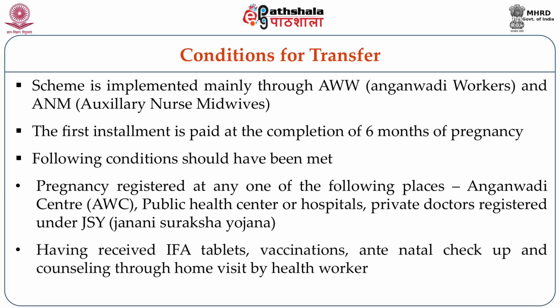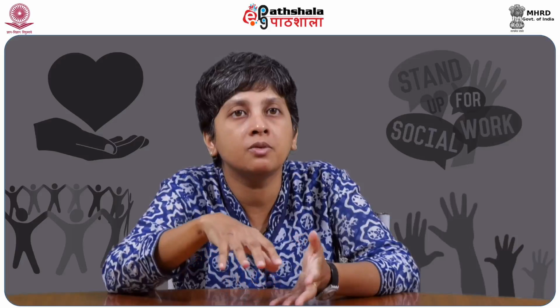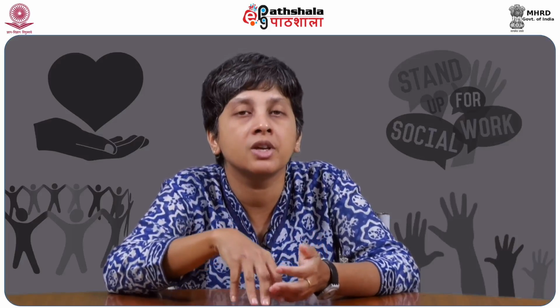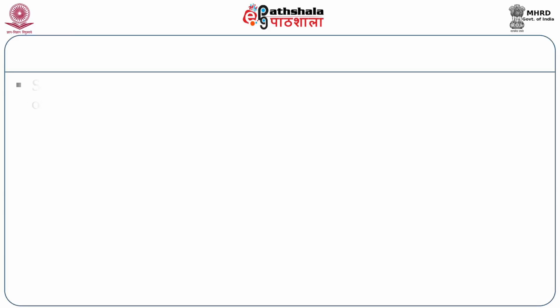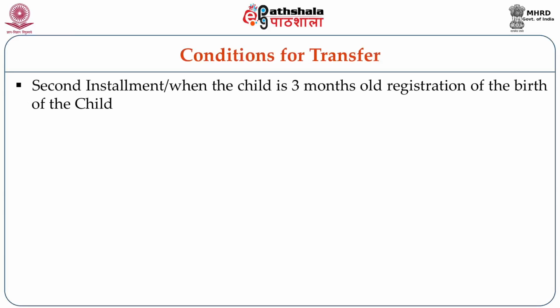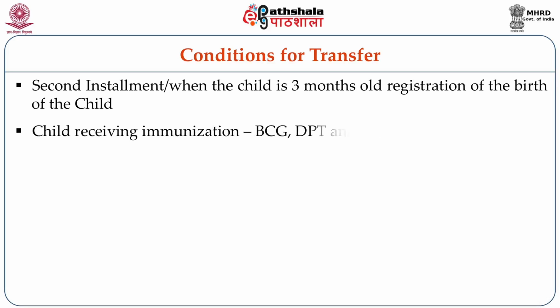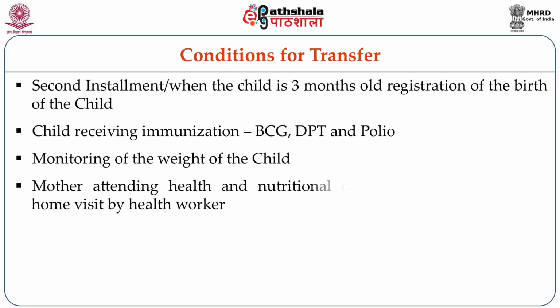Having received the folic acid and iron tablets, vaccinations, and antenatal checkup and counseling through home visits by health workers. Provided the women have fulfilled these two conditions, they are given the first installment of the cash transfer. The second installment is provided when the child is 3 months old. This is based on registration of the birth of the child and the child receiving immunization, the fact that the child's weight has been monitored, and the mother has also attended health and nutritional counseling sessions through the home visit